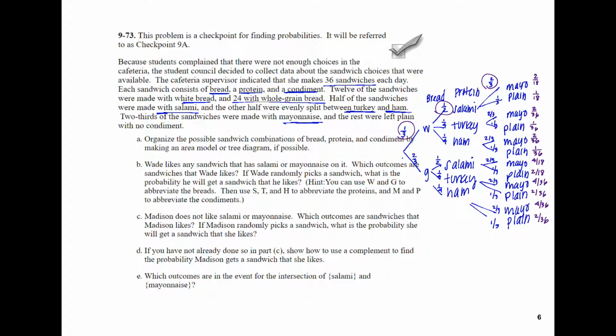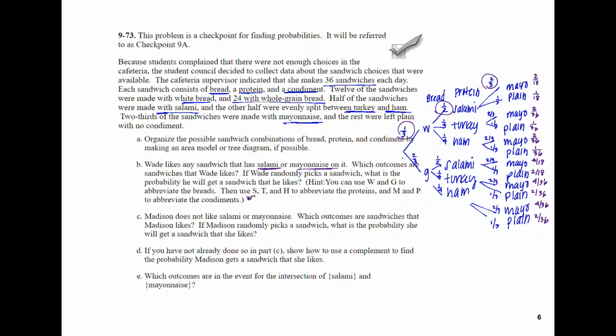Wade likes any sandwich that has salami or mayonnaise on it. Which outcomes are sandwiches that Wade likes? If Wade randomly picks a sandwich, what is the probability that he will get a sandwich that he likes? Hint, you can use W and G to abbreviate the breads, then S, T, and H for the proteins, and M and P. So we have